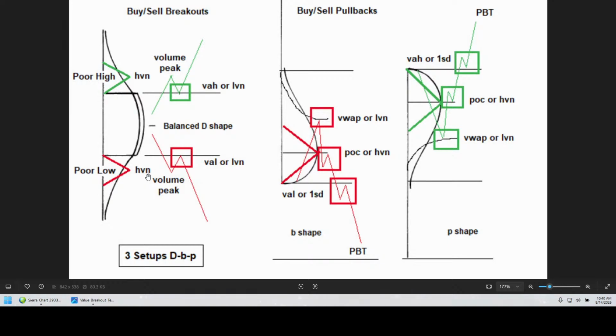I just wanted to expand this out a bit. So today, okay, we have a balanced delta-shaped profile. So we want to focus on this type of activity today. And that's how we can validate whether a breakout from balance is valid. We need to see increasing volume. We need to see persistency of that directional volume pressure. Sometimes we get a bounce back to the value low. Today we did not. It just stayed down.